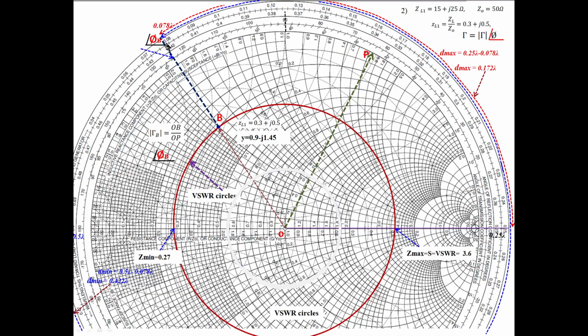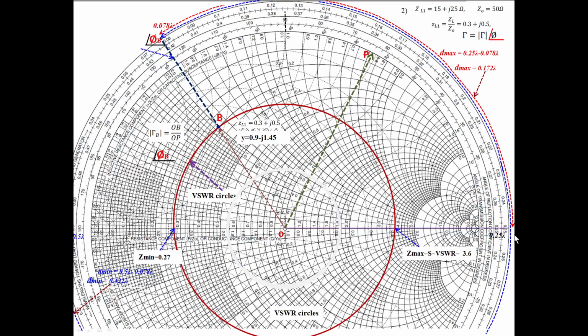Okay, so what is this value here? Because this is 0.08 here. Each division here is 0.002. So 0.07, one division means this point. If you come here, 0.072, this is 0.074, 0.076, 0.078 here, this point, because our line is not coinciding with the 0.08, it is one division behind. So 0.078 lambda from the load point.